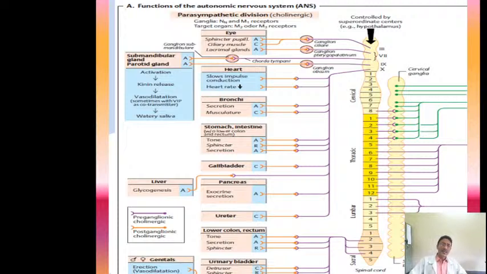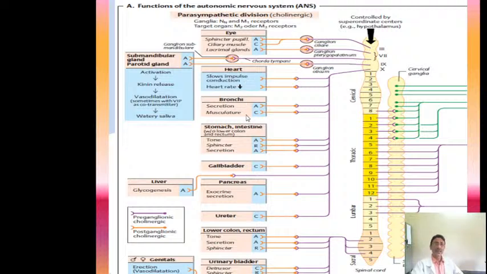Now here it is the action. If we discuss this action-wise, you remember one thing. Parasympathetic supply to the heart, that is the vagus nerve, will slow the conduction of impulses. It will decrease the heart rate. So what is the action of the parasympathetic nerve on the heart? The parasympathetic nerve to the heart is supplied by the vagus. In other words, what is the action of the vagus on the heart? It decreases the heart rate and it slows the conduction rate.